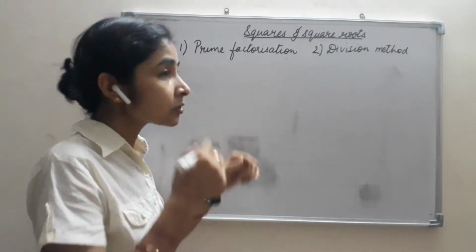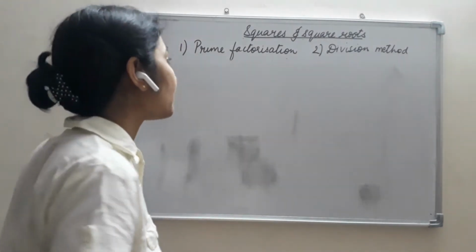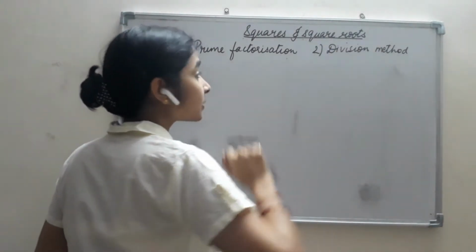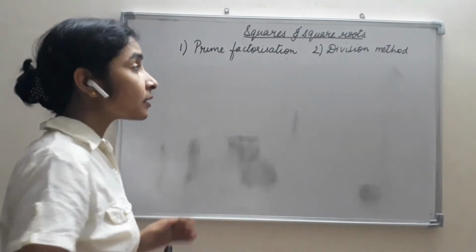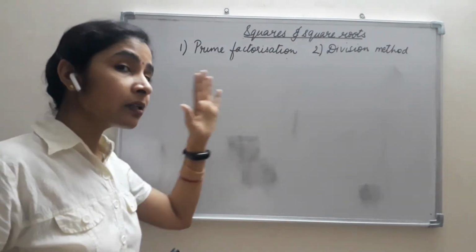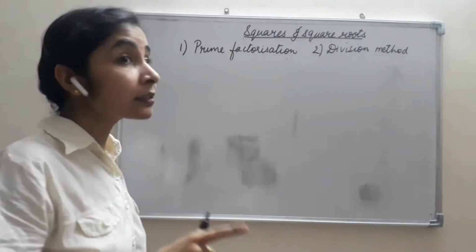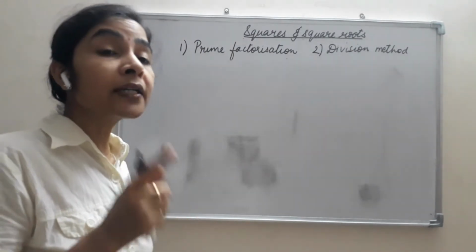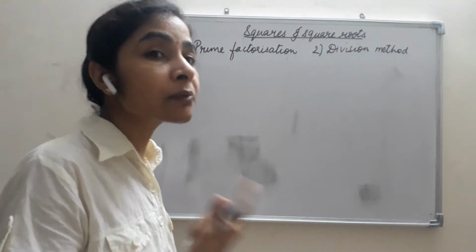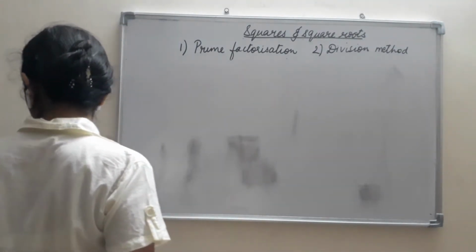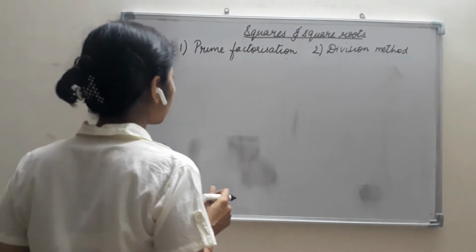In prime factorization, we used to break the numbers into its prime factors. But in the division method, what do we do? We use the simple, actual division that we used to do. The same method is used here, but the divisor is not given. We are supposed to decide the divisor. Now, how do we decide the divisor? Let us take an example of a number